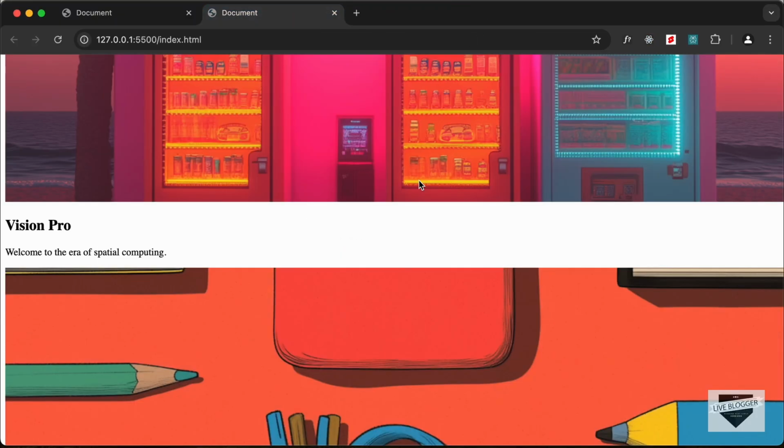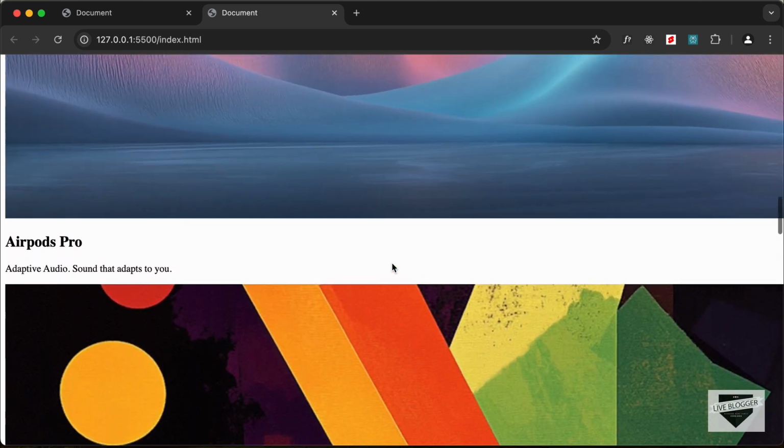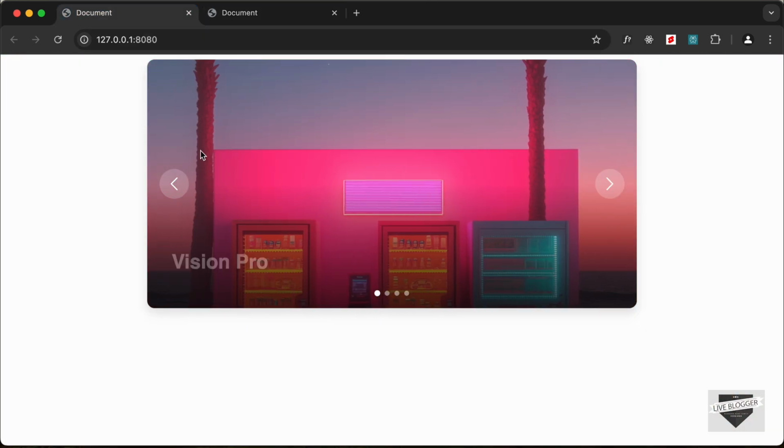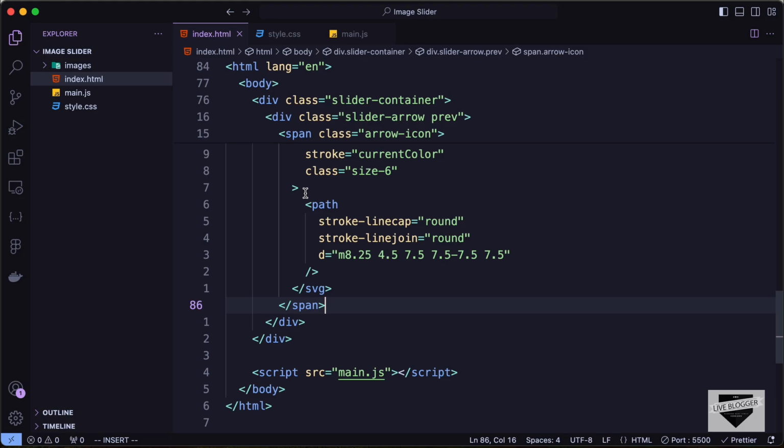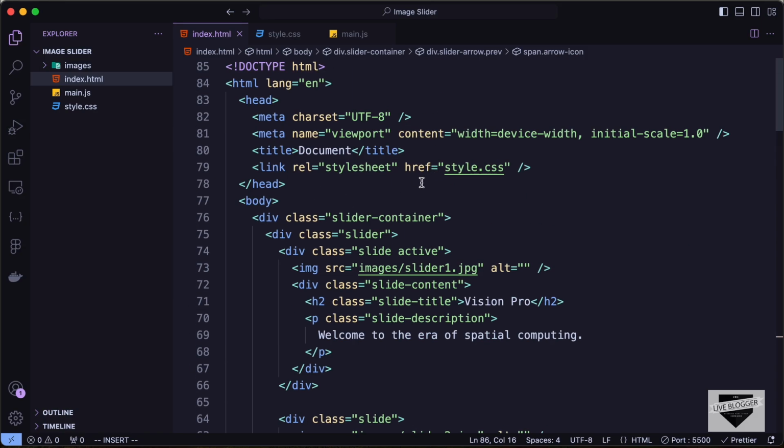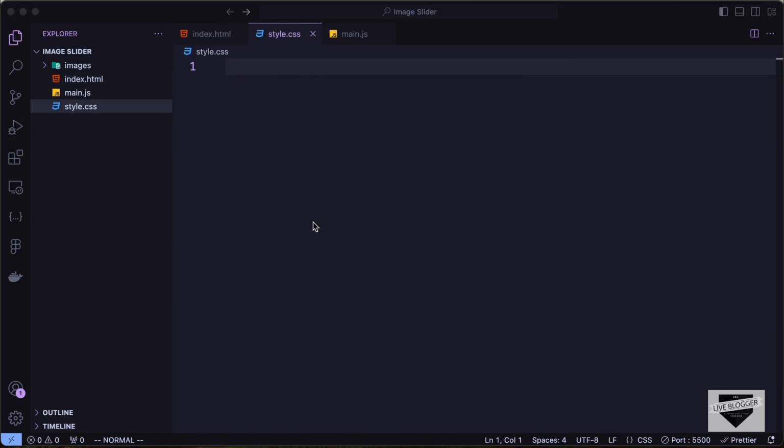So this is how it looks. The icons are also being displayed over here. Now let's make it look like this by adding some CSS. So let's go back to our source code, and here we have already linked our CSS file. So let's go to the file, and the first thing we will do is we will style the slider container, which is the main container division. So let's type dot slider container,